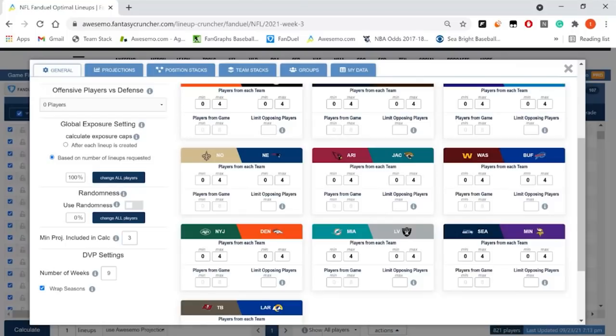I am somewhat leaning into this version, based on number of lineups requested, in more recent times. I think it does a more efficient job of getting to the best versions of each lineup without worrying about those ownership issues. The only problem with it is it dramatically slows down the process. So if you're crunching at 12:30 for a 1 o'clock lock, probably best to stick to the after each lineup